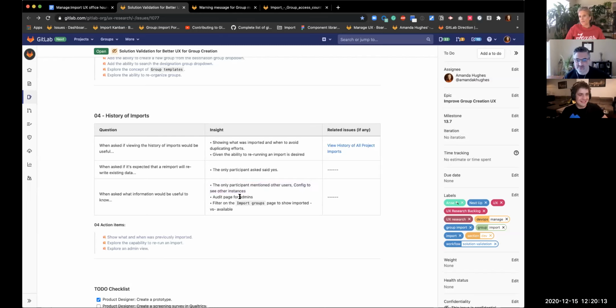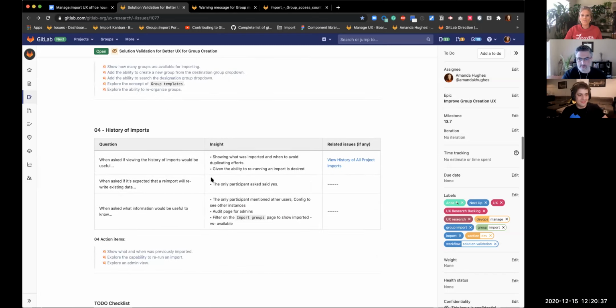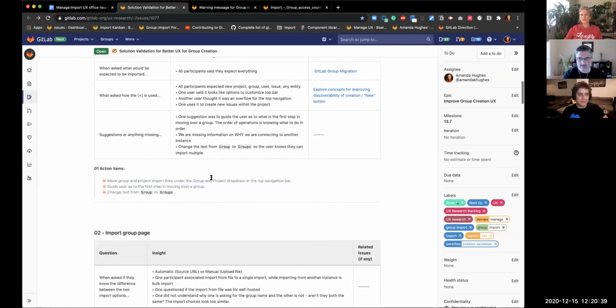An audit page for admins. I think we've been talking about this for a while. And then a filter on the imported groups page to show imported versus available. So kind of exploring what that looks like, if that's a filter or perhaps that then becomes tabs. I don't know, still TBD. So that's basically the summary of